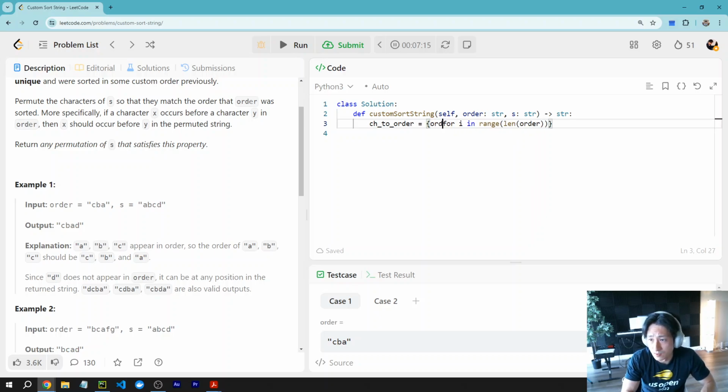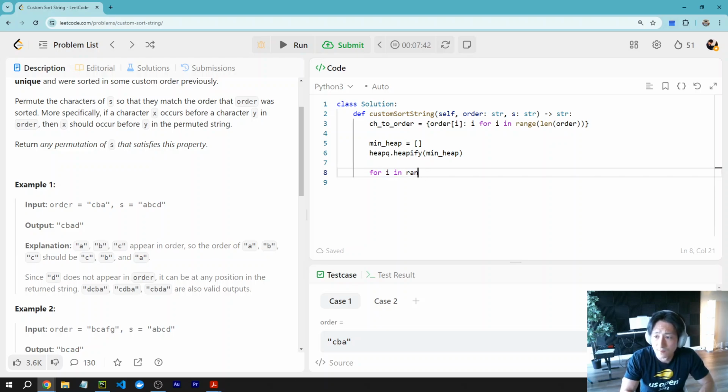So I get the character and assign the index as a priority, so I can get the priority hash map. And then I'm going to create a min heap. This is just the array, and I'm going to heapify this min heap, and then I'm going to iterate